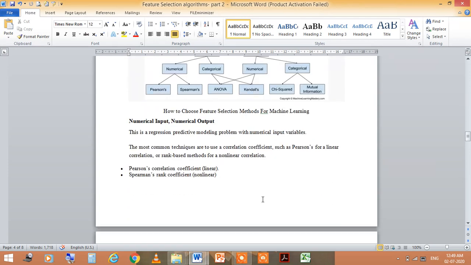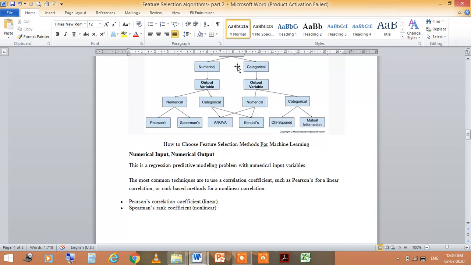Now if we are talking about numerical input and numerical output, right? I am not talking about numerical input and categorical output.